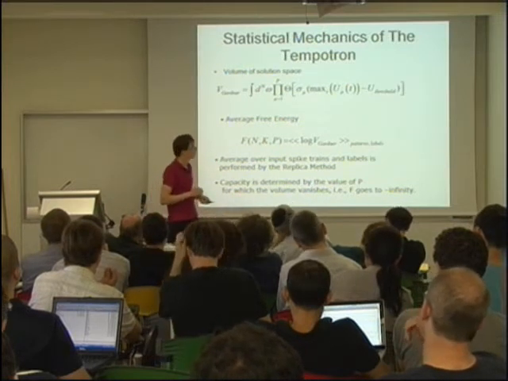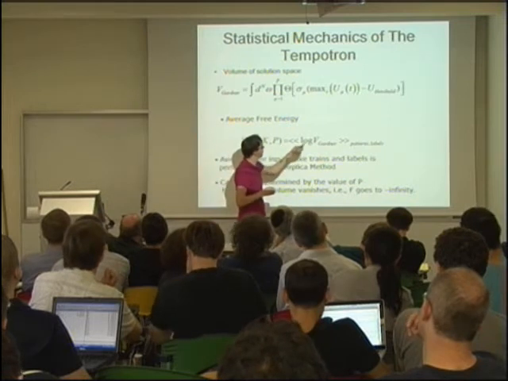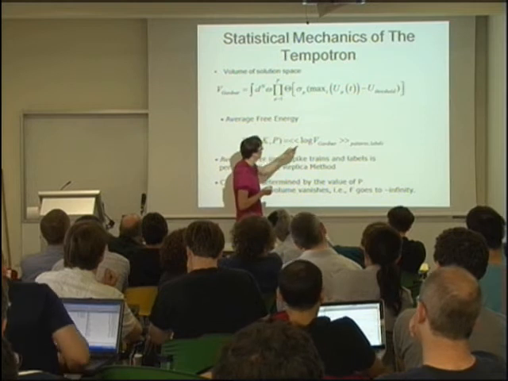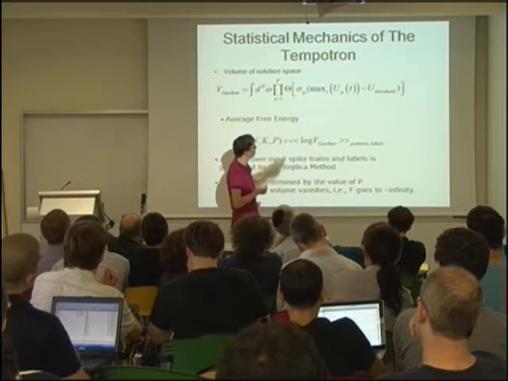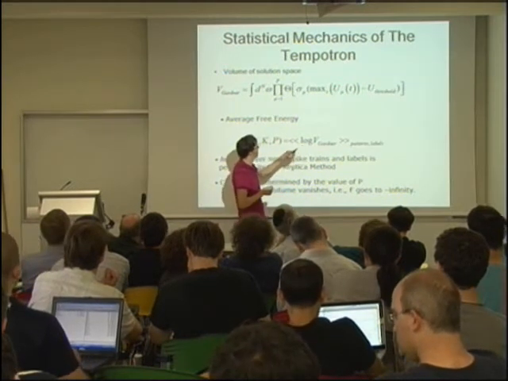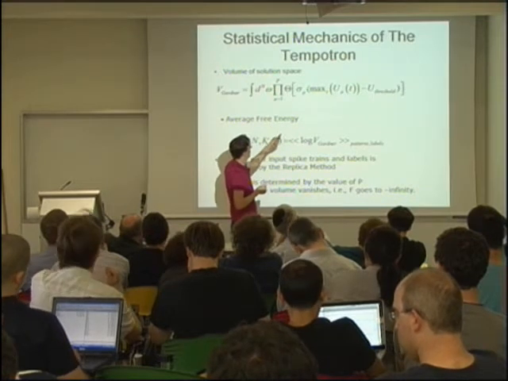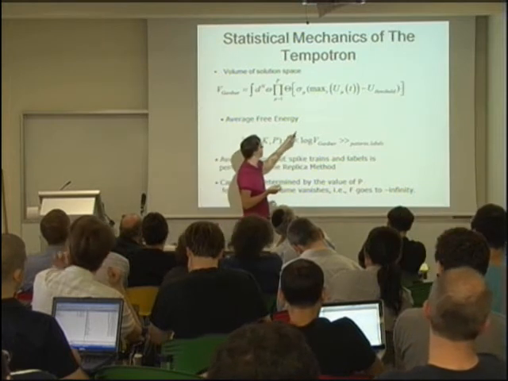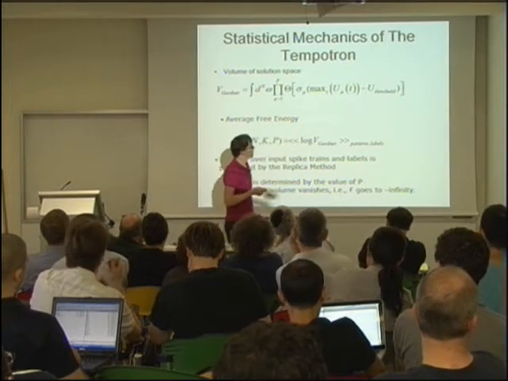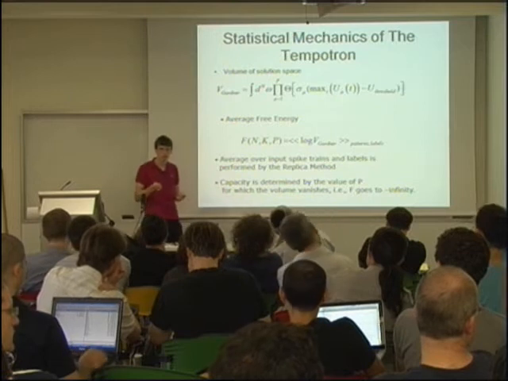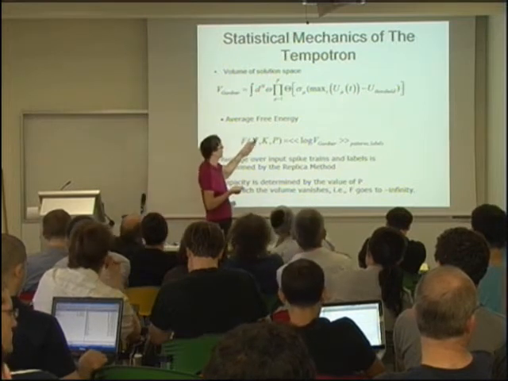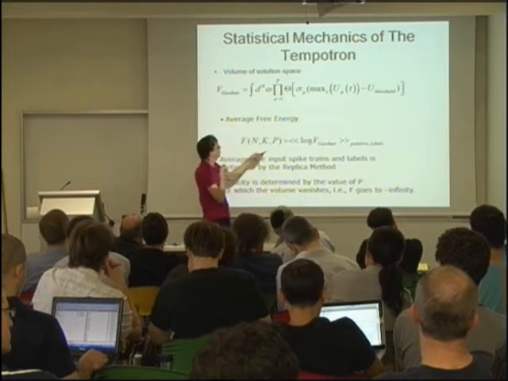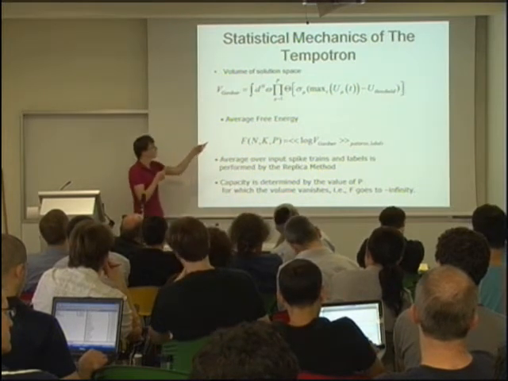So what we have inside is the maximum over the voltage generated by pattern mu minus the threshold, times sigma, which is the required output of the perceptron. If this is larger than 0, then the pattern is classified correctly, this is a step function, and we get 1. And if this is negative, then we get 0,